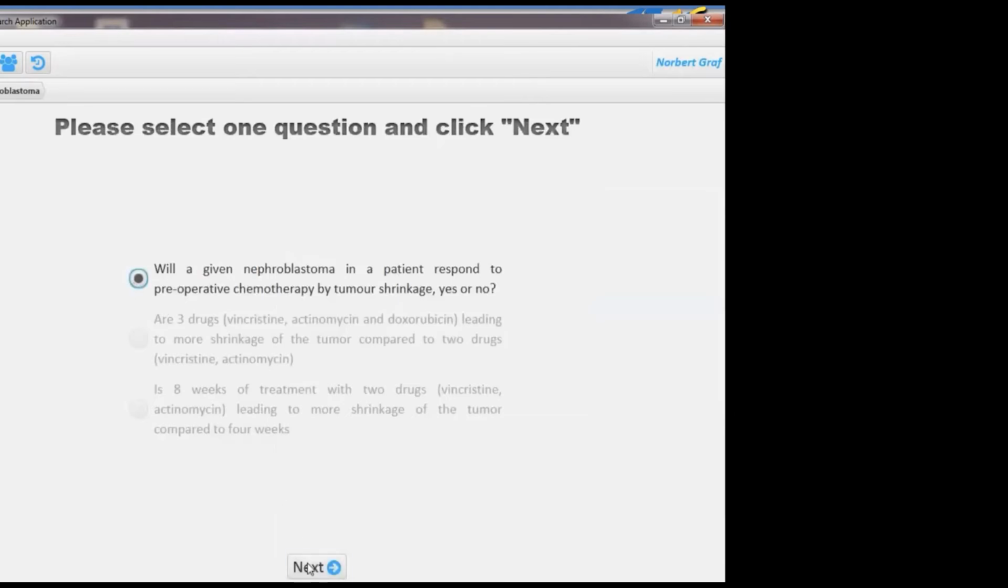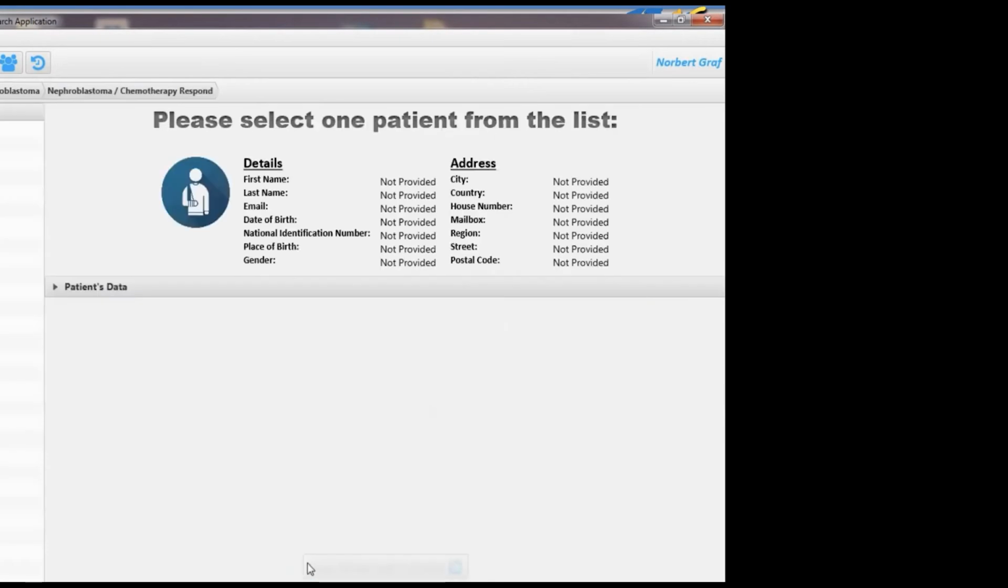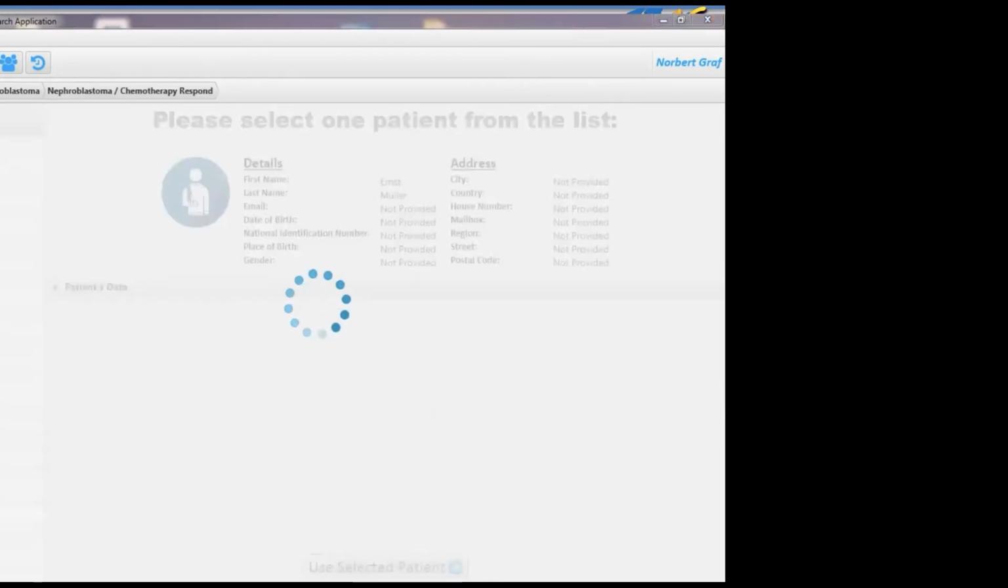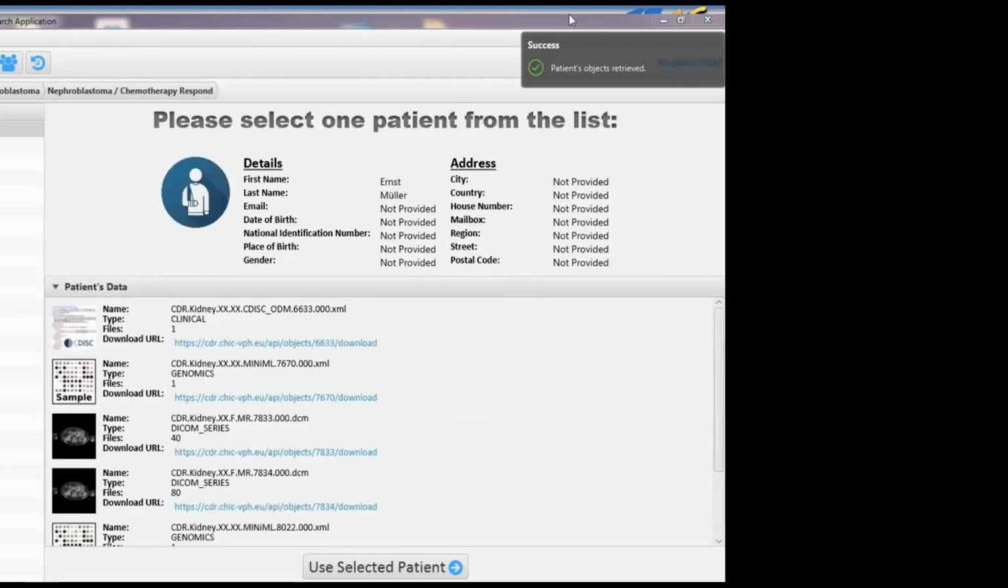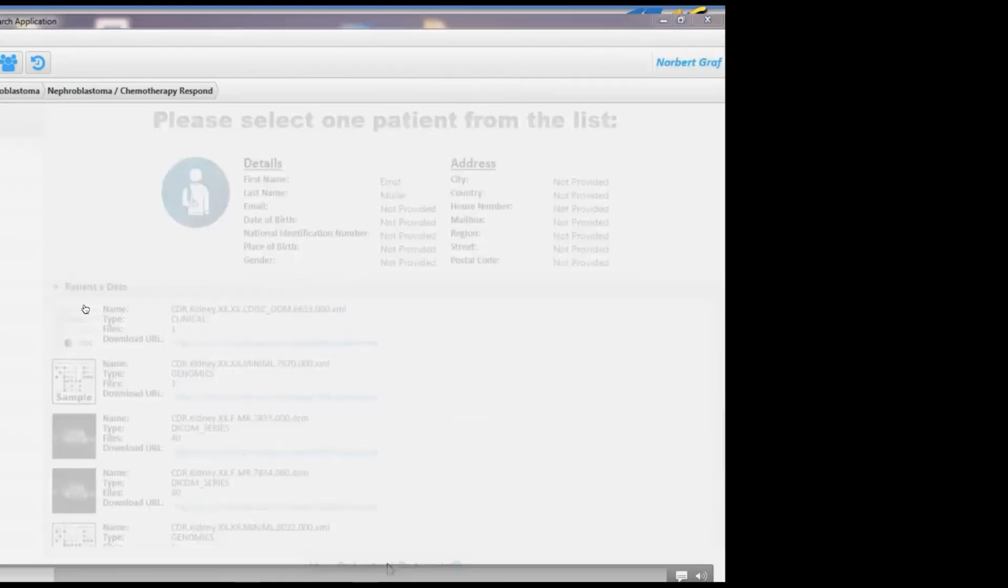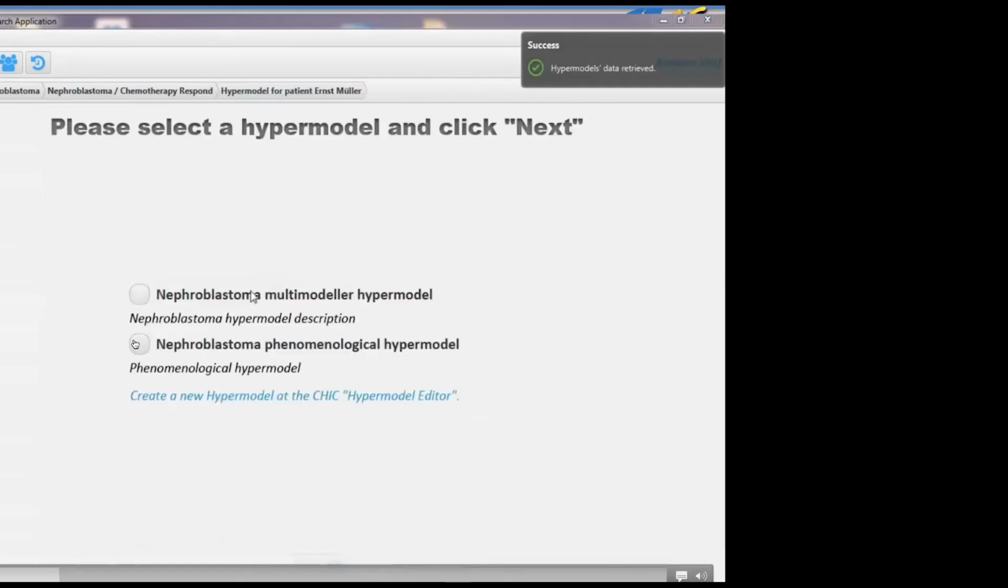This is the question we have asked here. If the patient responds to preoperative chemotherapy by tumor shrinking, then you can select the patient. These are fake patients at the moment because of privacy issues. And then you have the different data types here. You select all these data types. You select the model that you want to